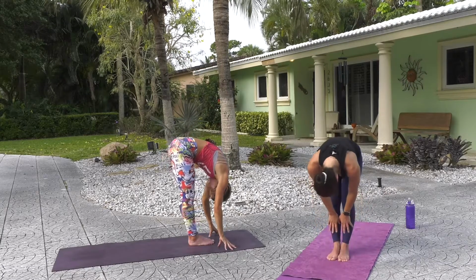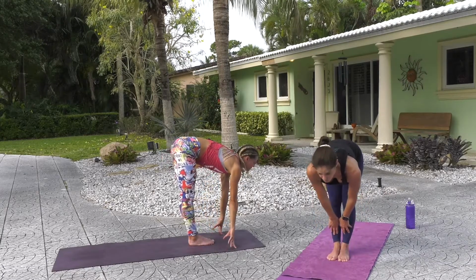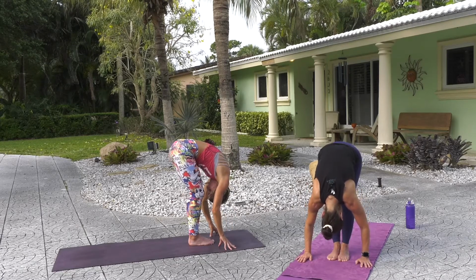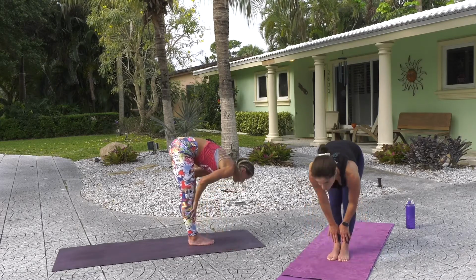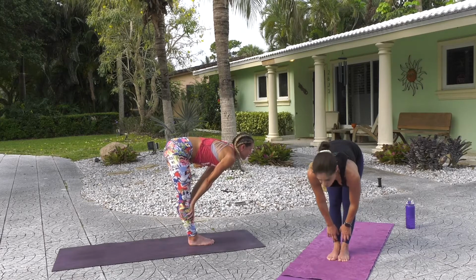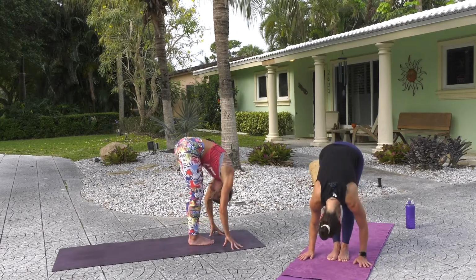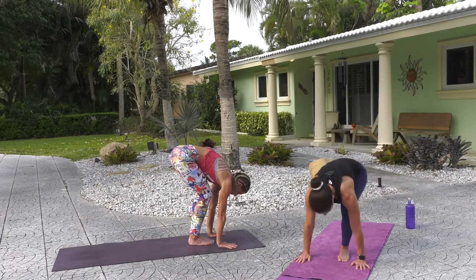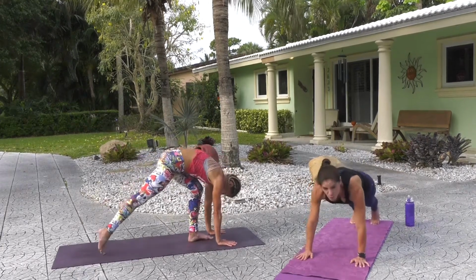Inhale, halfway lift. And exhale, chin to chest. Inhale, halfway lift. And exhale, chin to chest. Hands on the floor. This time we're going to step the right leg back, left leg back into our first